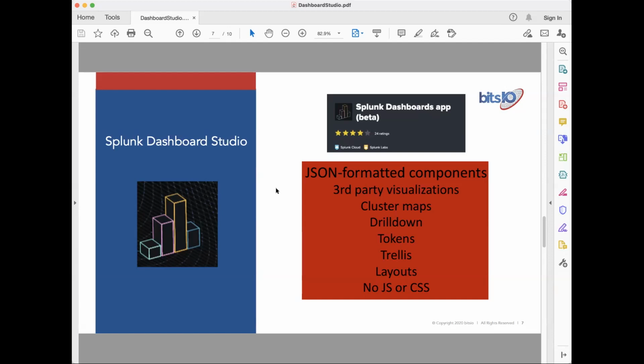Besides that, it has some limitations, like it doesn't accept third-party visualizations. It doesn't do cluster maps as of now. Drill downs are a little bit limited. Tokens as well. Trellis, it's not an option now. Some layouts like grid and absolute. And in this case, you can use